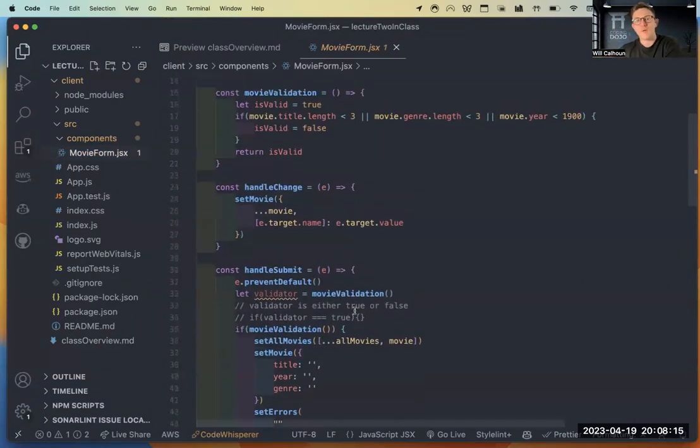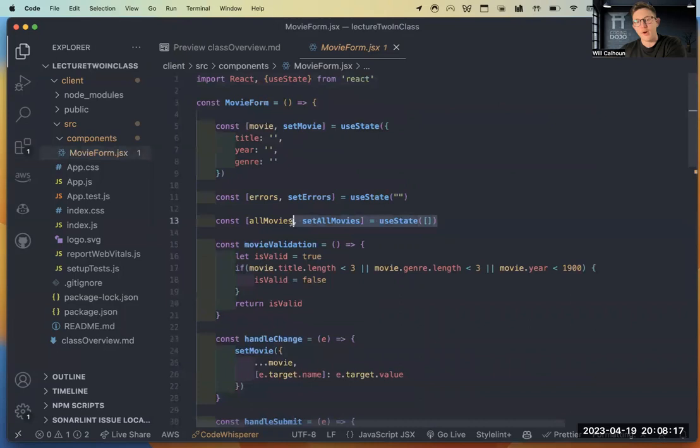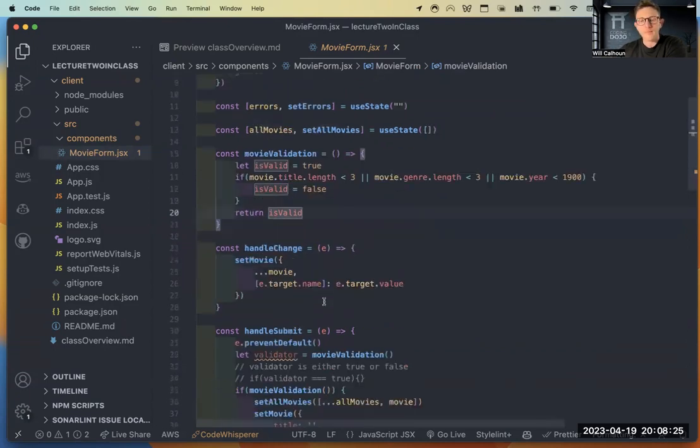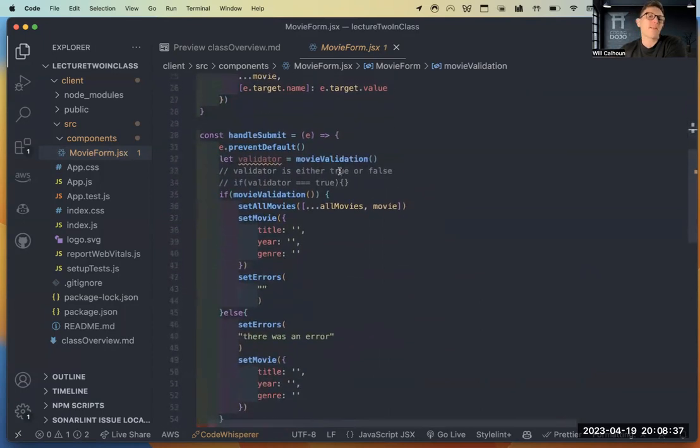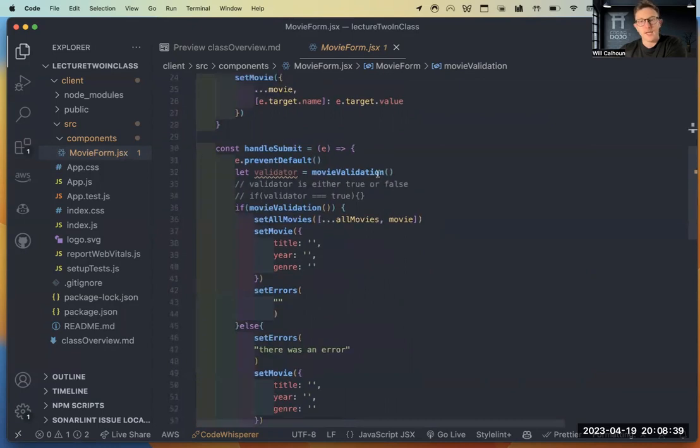Our database, quote unquote, is just the state of all movies. But we talked about a way we could actually prevent that. We created what we call a validator, or a movie validation function, that checks whether all of our requirements are met. And if not, we say, nope, this is false. Do not do that.